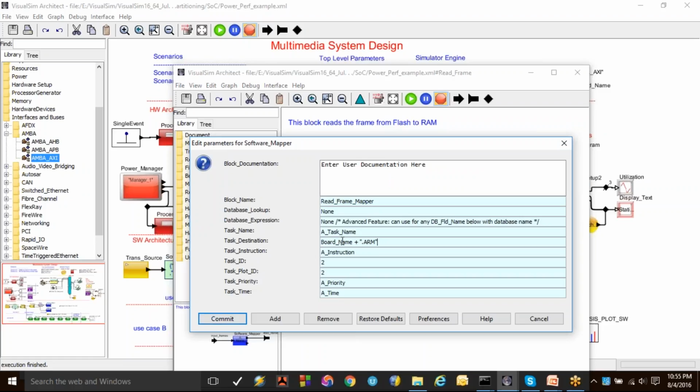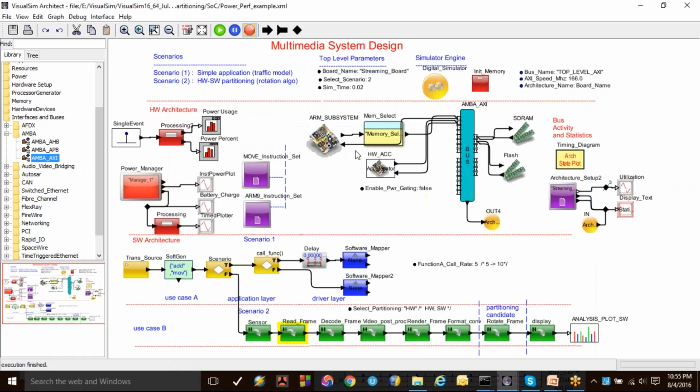In this case, we are sending it over to an ARM processor core, which I have in the architecture at the top. This is virtually mapped, and we call it mapping between your application flow to the architecture flow. Okay, so I mapped my rotate frame from the ARM processor to a hardware accelerator,